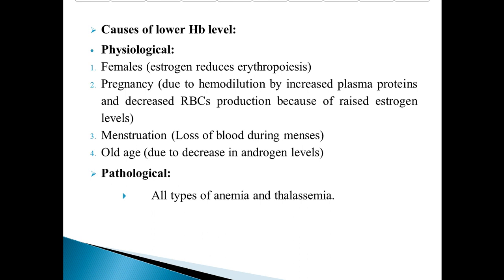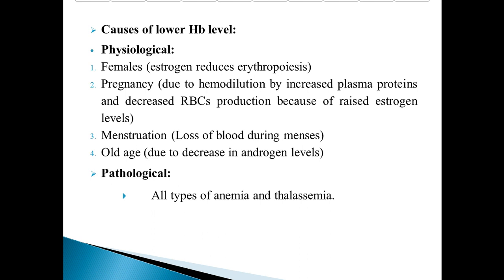And the third cause is menstruation, loss of blood during menses, and old age due to decrease in androgen levels. There is a decreased erythropoiesis and there is decreased hemoglobin level. While the pathological causes include all types of anemia and thalassemia. So in conclusion,